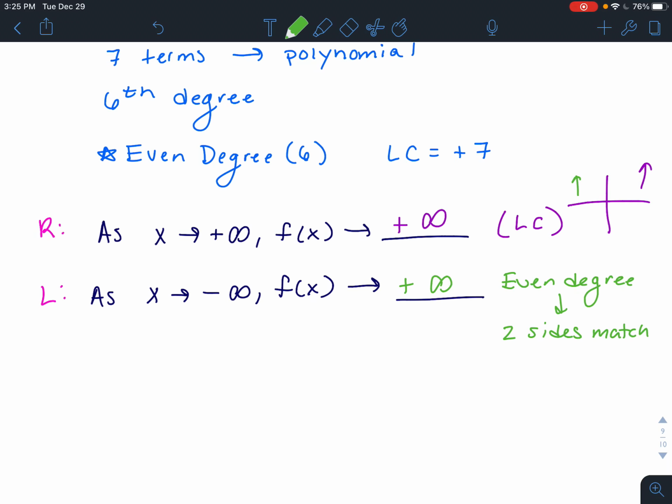Now, if I had a 5th degree polynomial, it would be opposite, so then I would say it's negative infinity. So the first thing that you really want to find is the leading coefficient, because that tells you the right-hand side. And then the type of degree, even or odd, tells you whether or not the